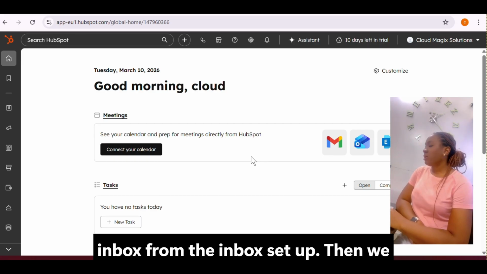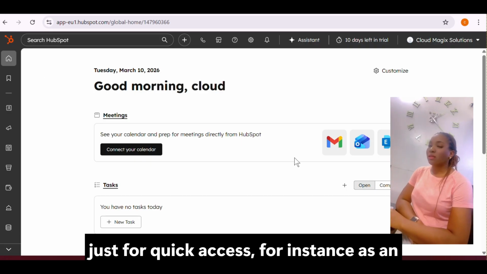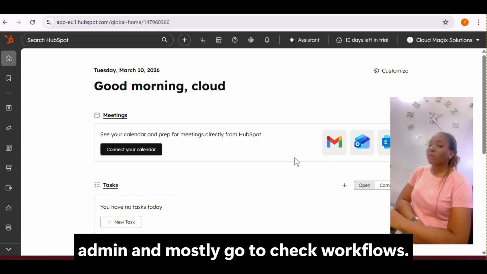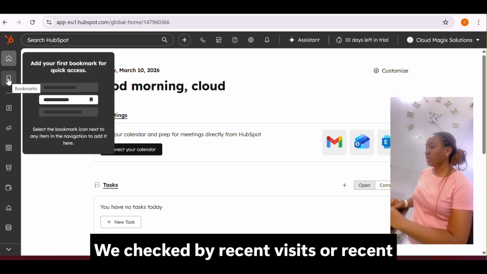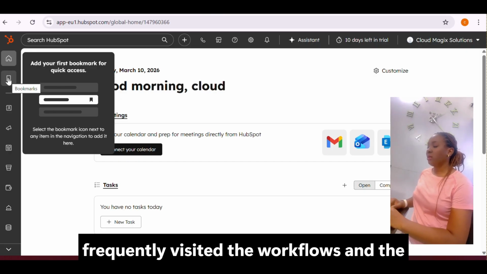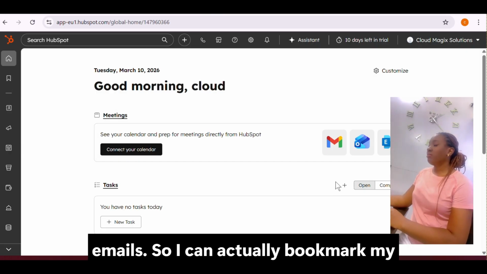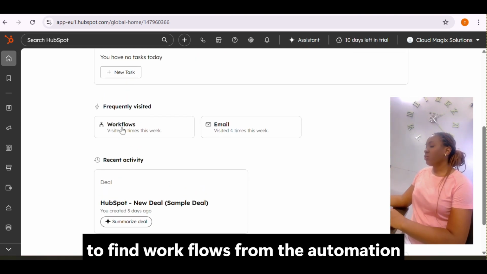Then we have the bookmark. The bookmark is just for quick access. For instance, as an admin, I mostly go to check workflows. If you check my recent visits or recent activities here, you can see that I frequently visited the workflows and the emails. So I can actually bookmark my workflow and not go down to the end to find workflows from